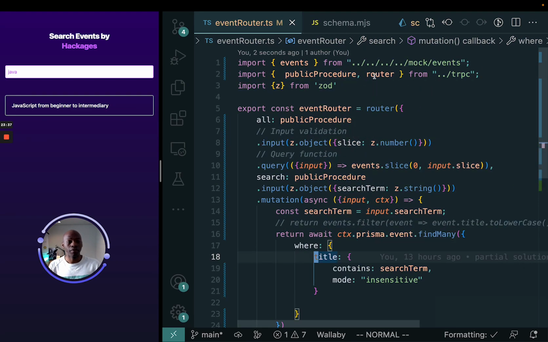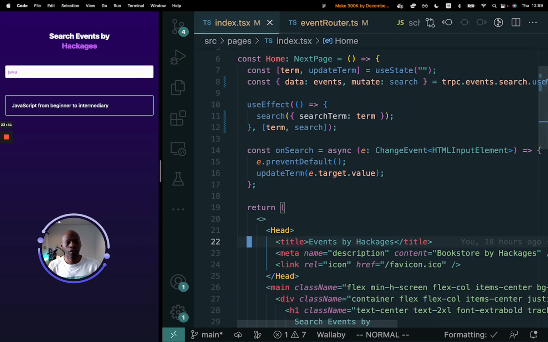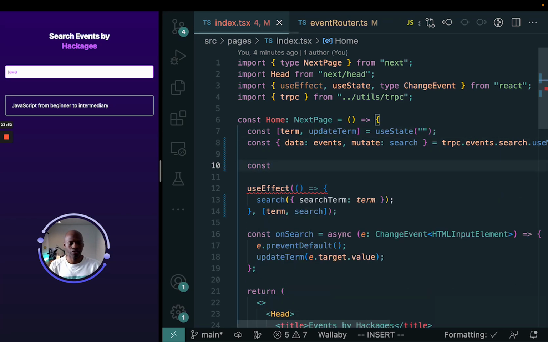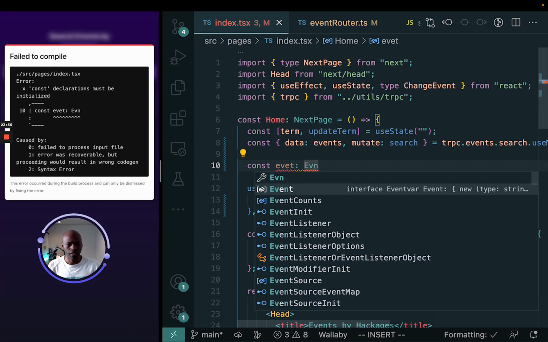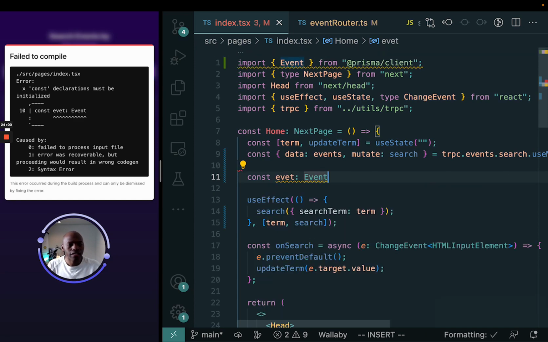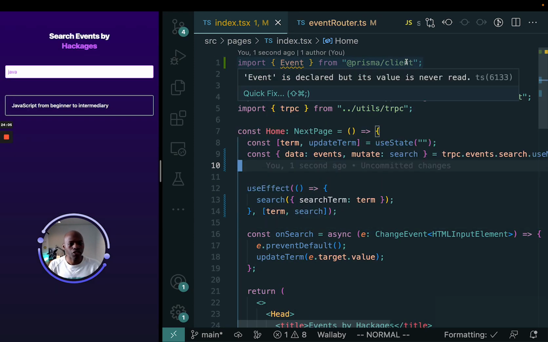And if for example on the front end, let me go back to the front part here, fully at the top, I could say, hey, I need to have access to, let's say, event, so I'm just going to say const ev here, and then I want to call it event. And what is an event here is going to say, hey, there is event coming from Prisma, and you see now I have a type that I can use